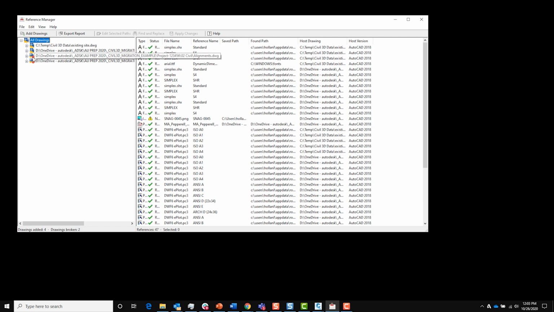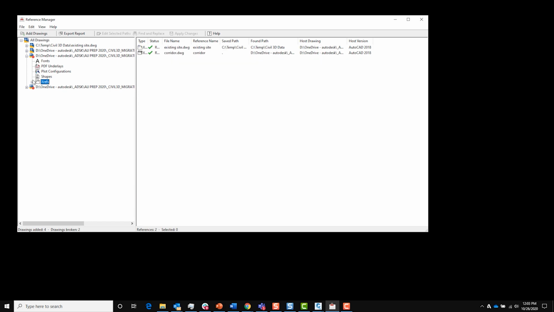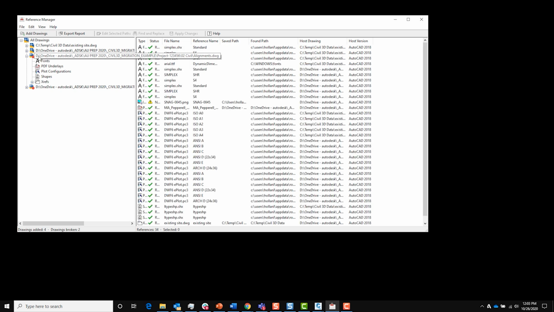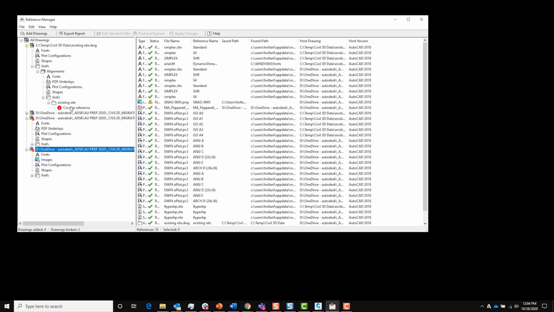Now we also have some red dots that are indicating some possibly missing XREFs or missing files. So it doesn't look like it's an XREF issue. If we click the top level here, we'll see that the problem actually is with that missing PNG that it's warning us about. So any problems will show up here. The only thing that we can really fix here are things like the paths. We can do find and replace for the various paths, but I couldn't say fix or detach that circular reference from here. So that's something you would need to go into the file itself to do.